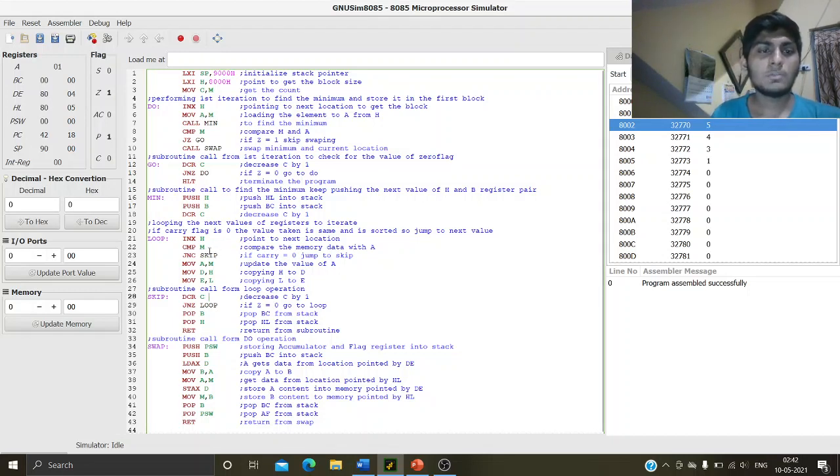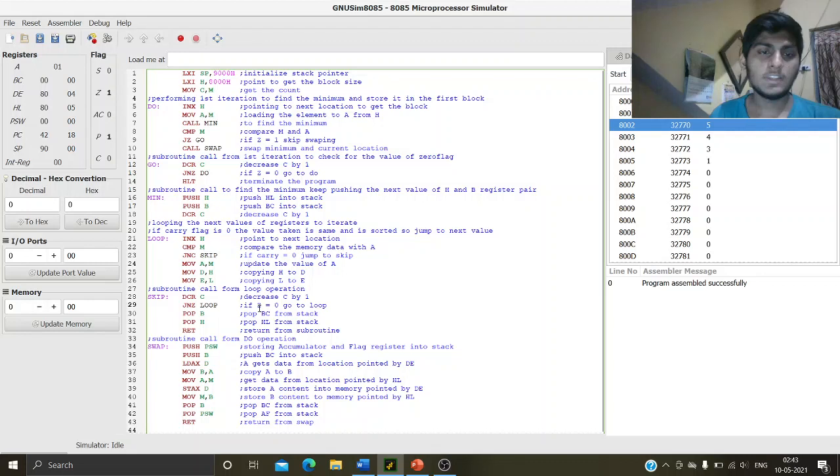Then we will compare the data with M, compare the data with A. If the carry comes out to be 0, meaning the next value which we are choosing is the same, then we will jump to the skip command, which will decrease the value of C by 1, which means we will be moving to the next block. Then also we will jump to a subroutine called loop.